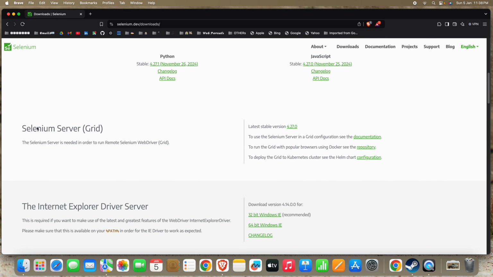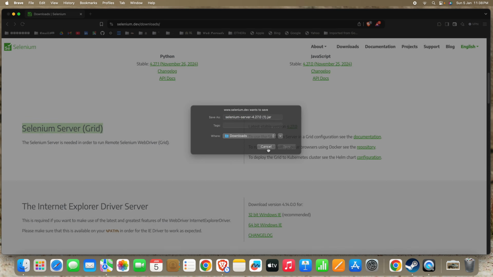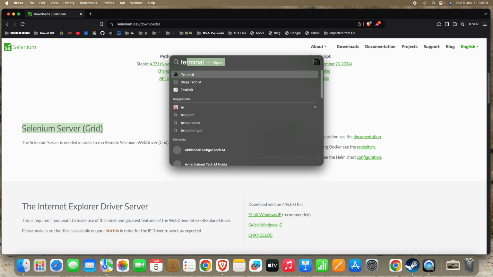You would have to come down over here to download this Selenium Grid. This is the latest version available. Just simply click on this to download. I already have this jar downloaded, so I won't download it, but you would need this jar to run Grid over this machine. And after that, I will open the terminal,